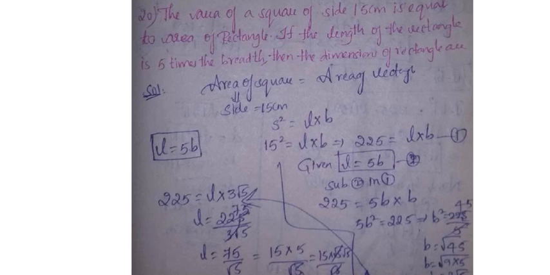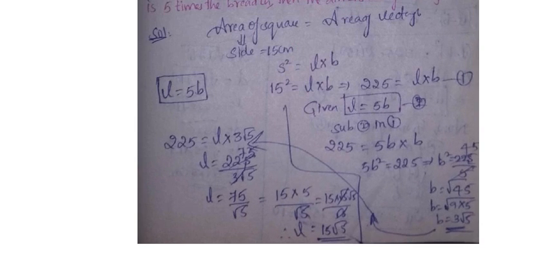Then b squared equals what? 225 divided by 5, yes or no? Do the simplification. If we cancel, 5 ones are 5, 45 remains. Then b equals the square root of 45. Can I write 45 as 9 fives? 9 fives are 45, right? Then b equals 3 root 5, since the square root of 9 is 3. So we got the value of b: 3 root 5.